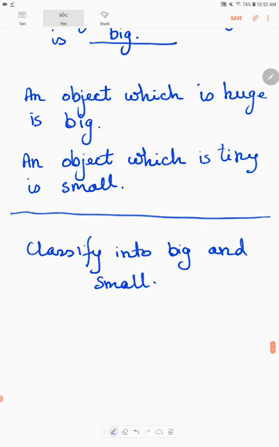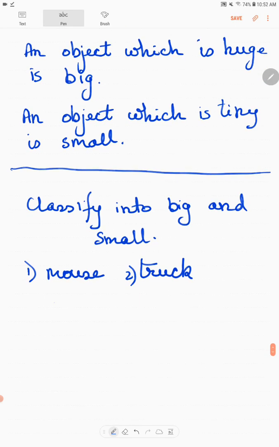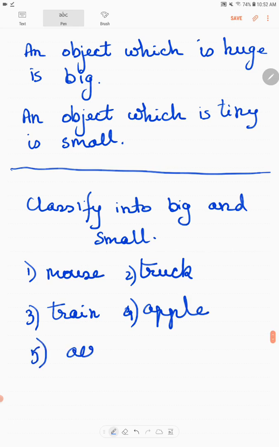Okay, now I'll write: mouse, truck, train, apple, aeroplane, book.